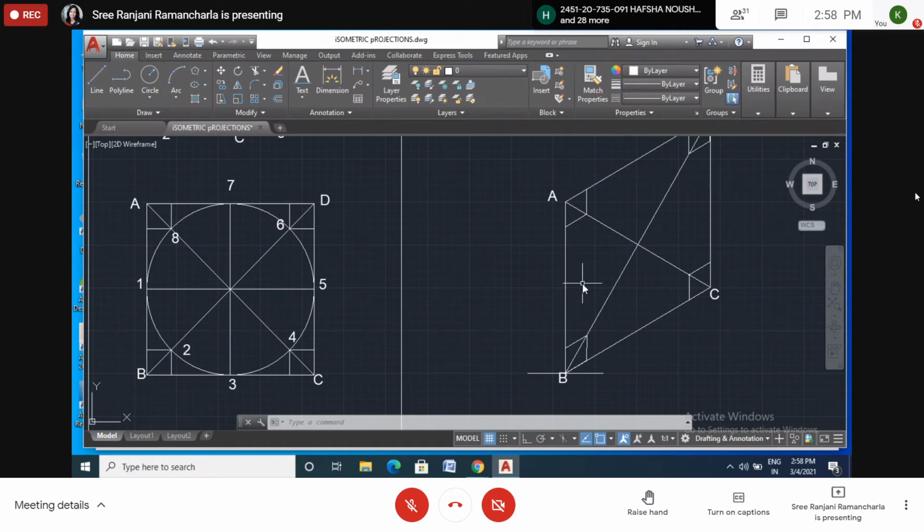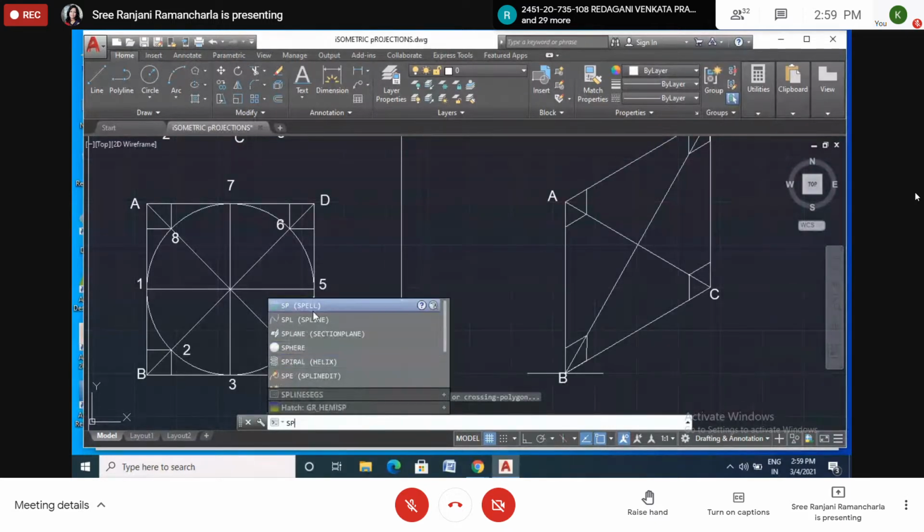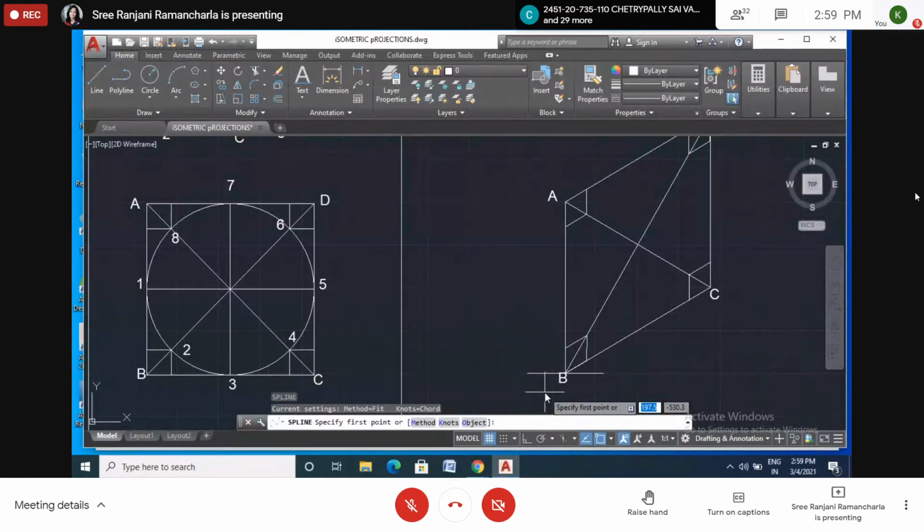Yes, please. We need no pointing of 1, 5, 3, 7 because when we move our cursor, it will show the center point automatically, right? So now we'll start drawing a line, a circle, which looks like an ellipse. Okay. Now SP line, SP line. You can start from anywhere.